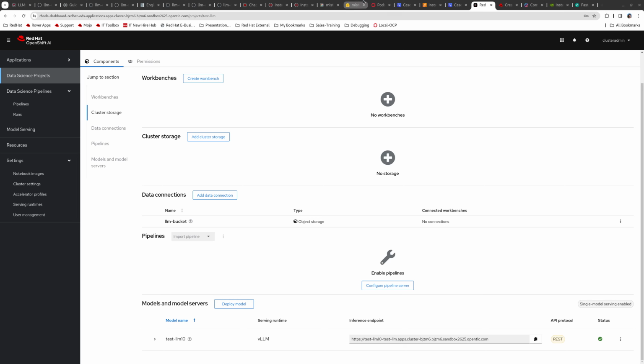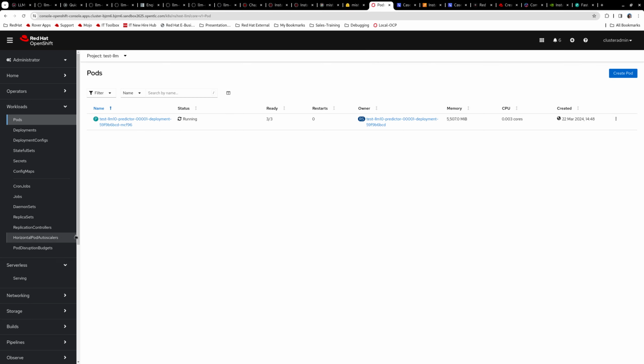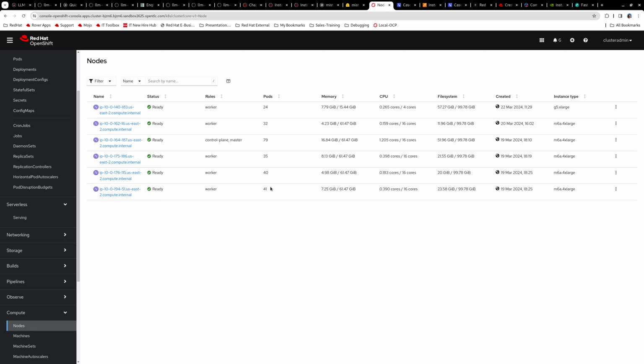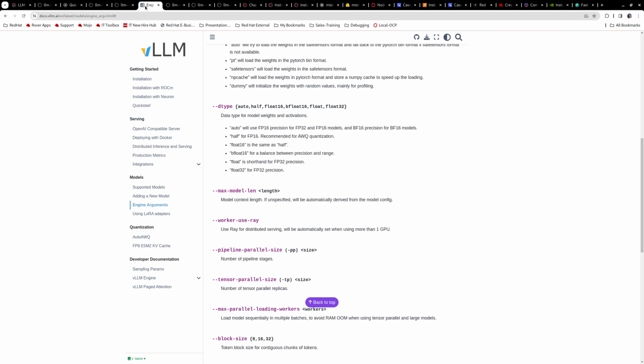And the reason for that is that it appears that when you are deploying large language models, it's better to have the same amount of physical RAM as you have for the GPU RAM on your node. Otherwise, you will need to do some tuning of the model loading procedure. And since we are using the vLLM engine, this one allows us to do some of these things. And the method is called